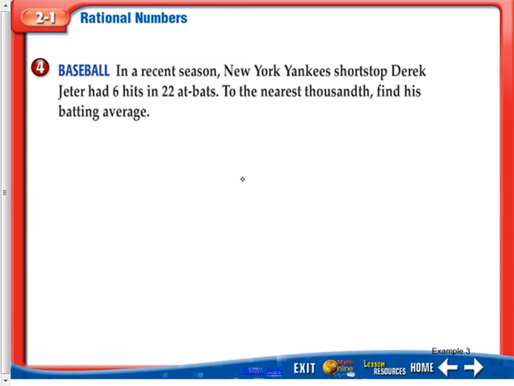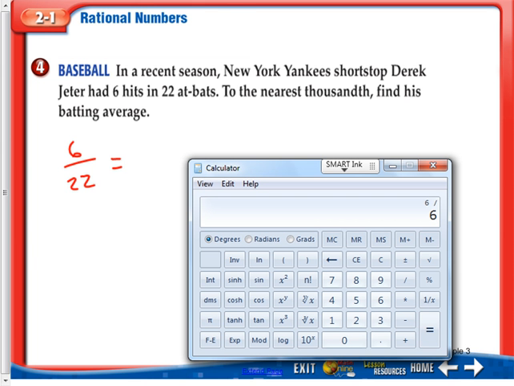All right, in a recent season, New York Yankees shortstop Derek Jeter had 6 hits in 22 at-bats. To the nearest thousandth, find his batting average. So if he had 6 hits in 22 at-bats, so he's 6 out of 22, then we need to calculate his batting average. So you just simply need to take 6 and divide it by 22. You can jump on a calculator to do that. All right, and so you see we get